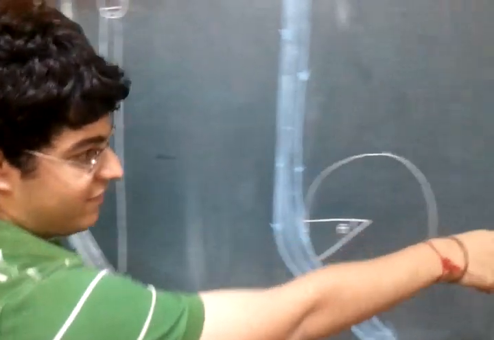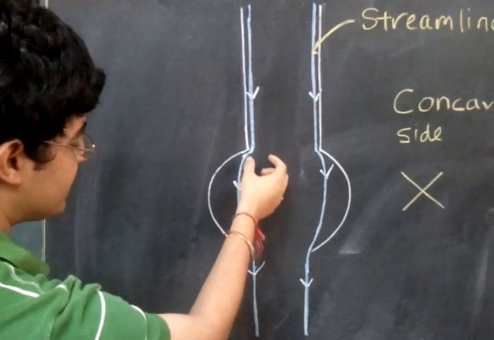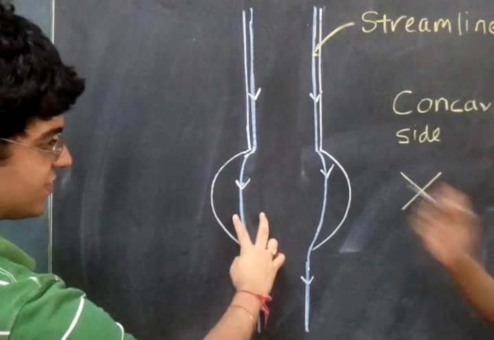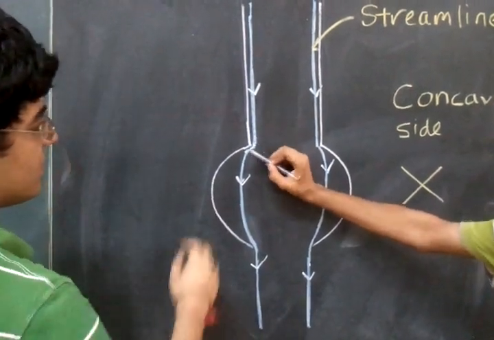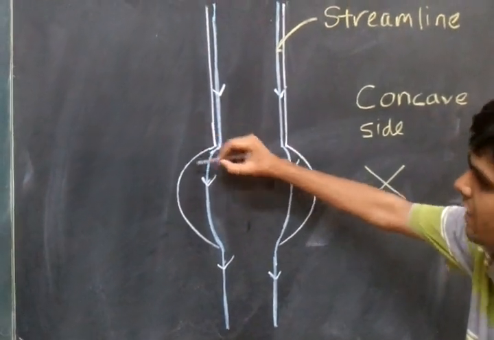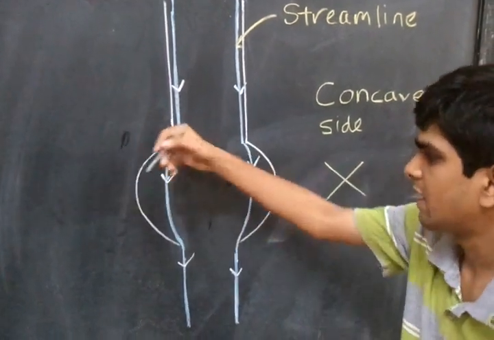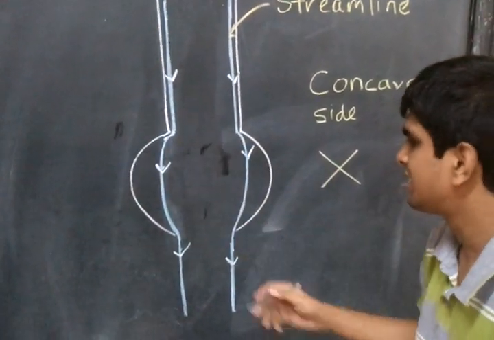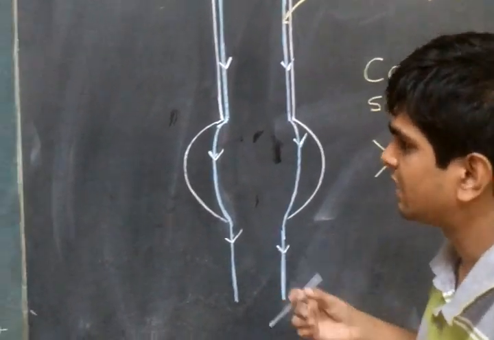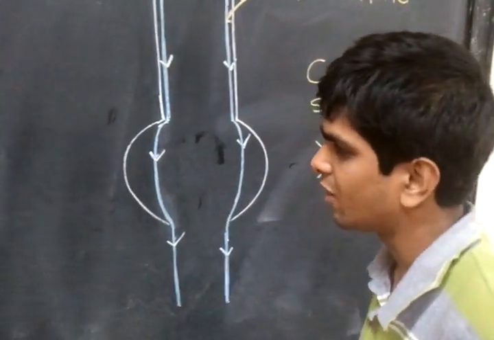However, if you take a concave surface like this, now the fluid doesn't need to entrain anything because it's getting the full fluid out here. So entrainment does take place, but there is no suction. The contact occurs only at this point here and this point here, so there is not much surface area, and fluid will not be entrained from this side or this side. As a result, the net pressure here will be very small, which is not enough to demonstrate the Coanda effect. So what we can conclude is that it occurs only at convex surfaces.